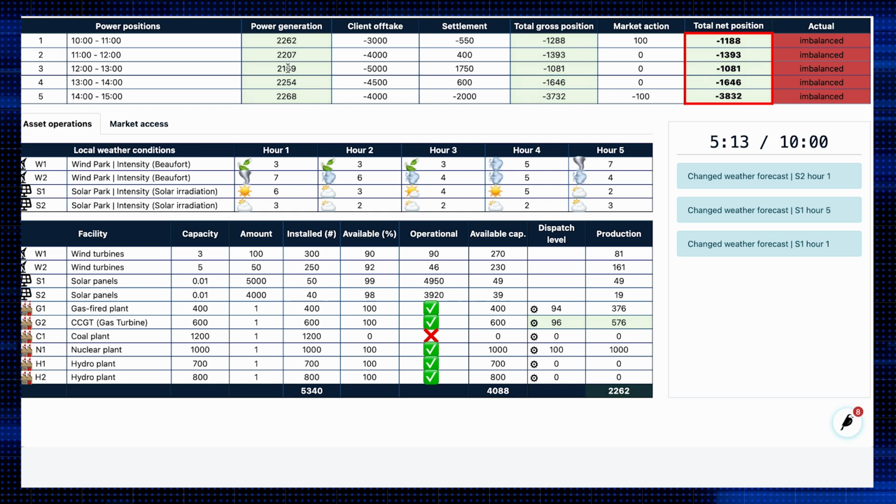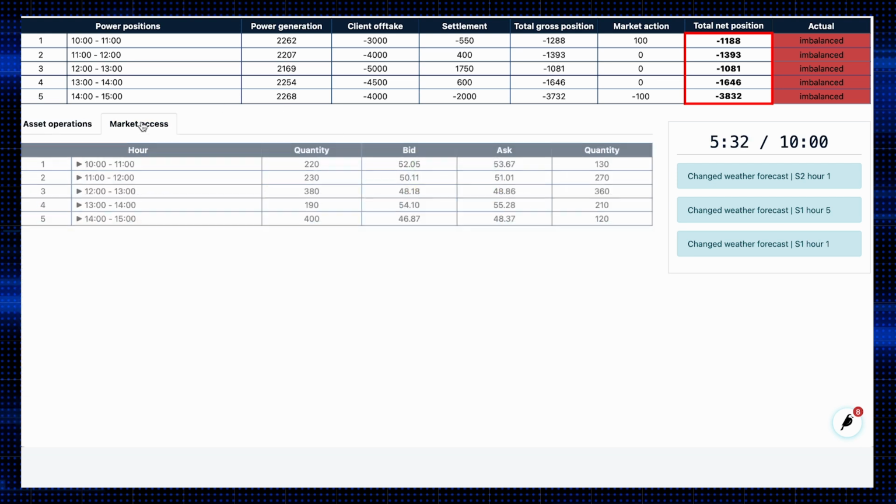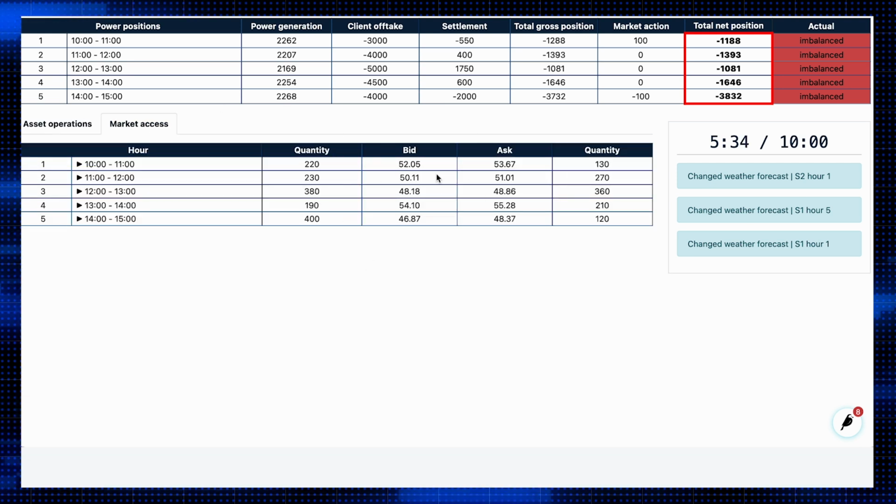On screen, your systems show you various aspects of your business, including the following: your asset base, including all power generating facilities, including their numbers and capacity. A weather report indicating weather conditions like wind speed and solar radiation. The intraday market, where you have access to whether you will have to make or take delivery, and of how much, due to settlement of wholesale market contracts that your company has concluded in the past but unwind now or over the next hours. The overall net position, indicated as a surplus or deficit.